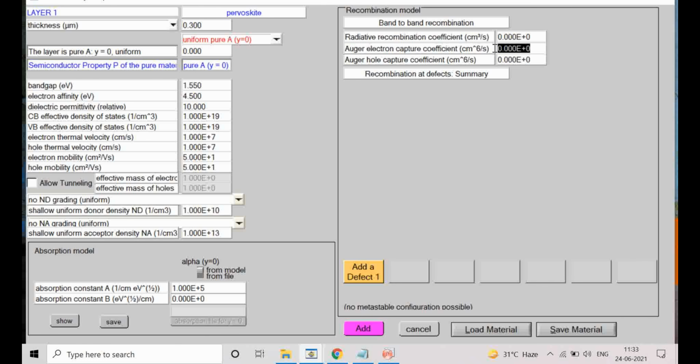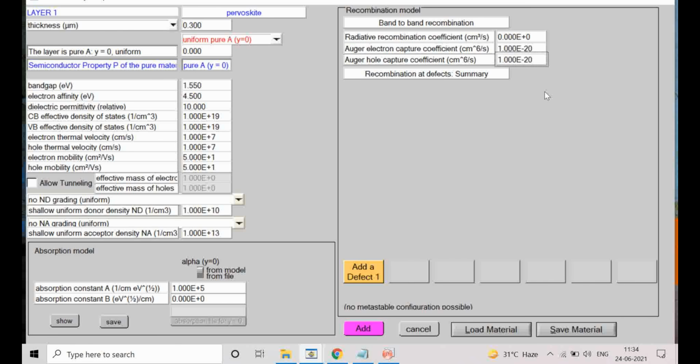What I will do is keep the Auger recombination value at 1e-20, and the same value, 1e-20, for hole recombination. I am not taking these as specific values; I am just saying that these values for silicon lie in this range. For other semiconductors you have to check. You cannot take any random value and put it in, or you have to justify why you are taking these values.